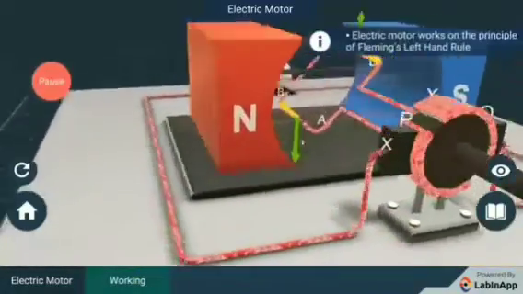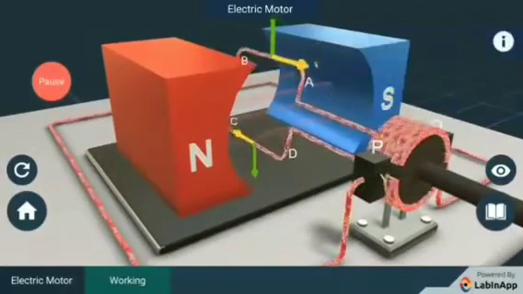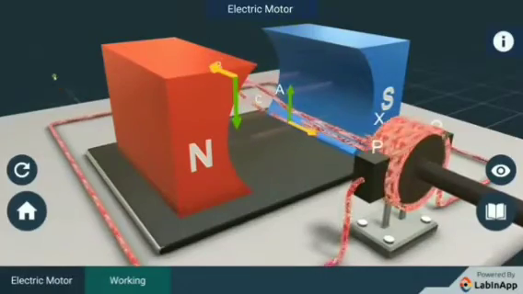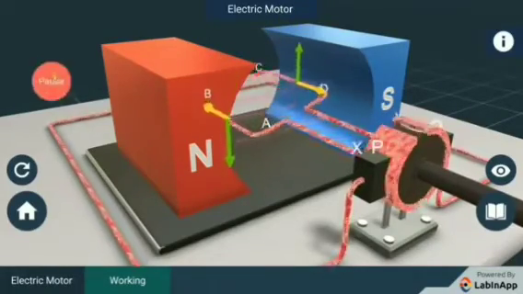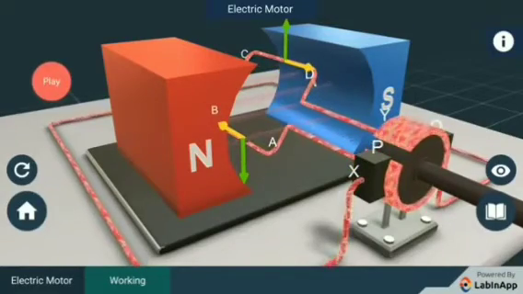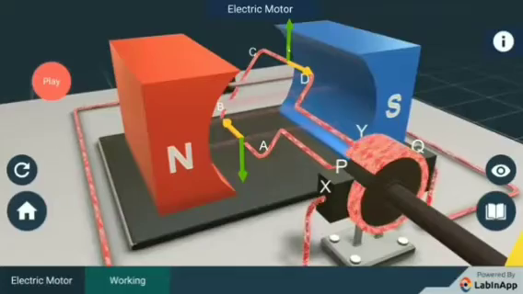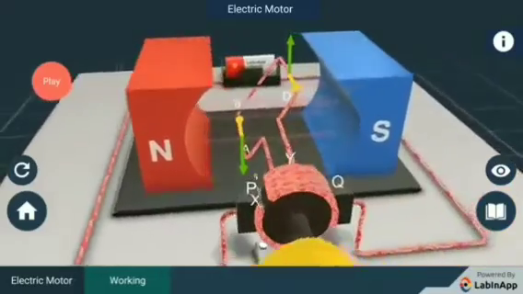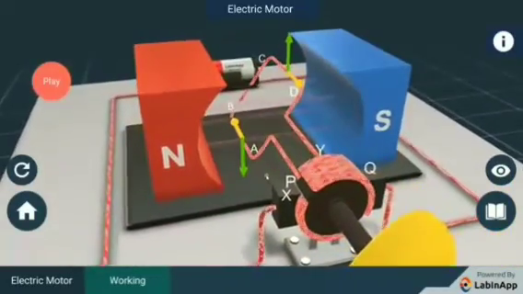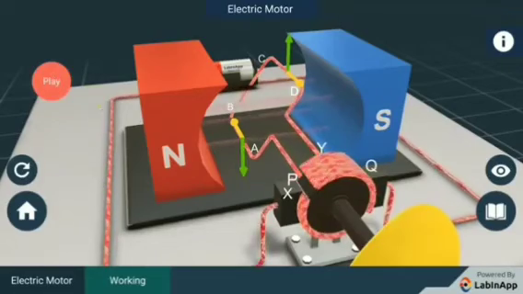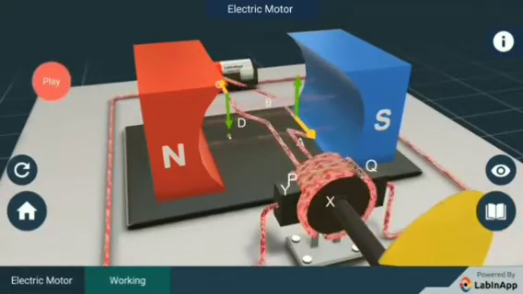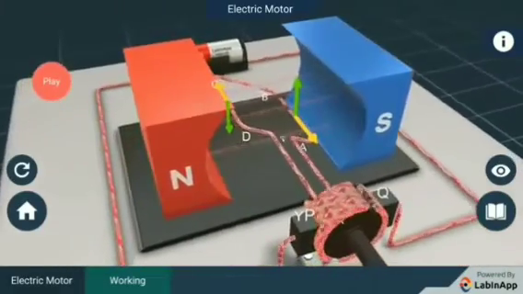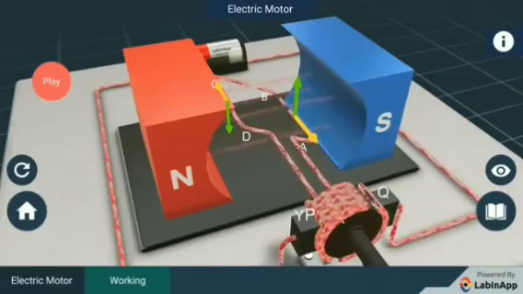Then the current in arm AB of the coil flows from A to B. In arm CD, it flows opposite to the direction of current through arm AB. On applying Fleming's left-hand rule, we find that the force acting on arm AB pushes it downwards, while the force acting on arm CD pushes it upwards. Thus the coil and the axle O, mounted free to turn about an axis, rotate anti-clockwise. At half rotation, Q makes contact with brush X and P with brush Y. Therefore, the current in the coil gets reversed and flows along the path DCBA.